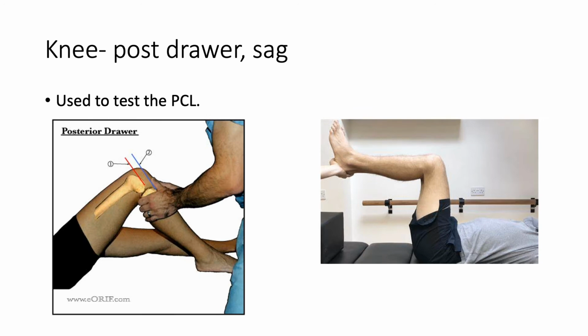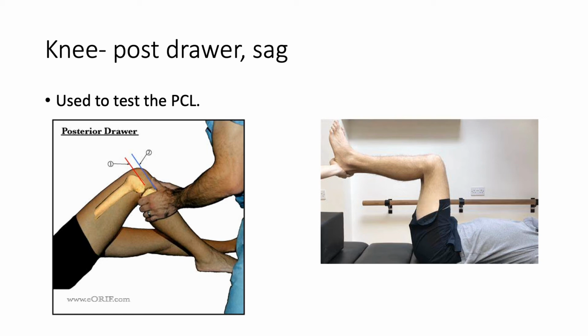This slide shows how to test the posterior cruciate ligament, or the PCL. The demonstration on the left side of the slide is a posterior drawer. You can also do an anterior drawer, pull it forward for the ACL, and then posterior drawer is backward for the PCL. It is very important in the posterior and anterior drawer that you have a neutral starting position, because